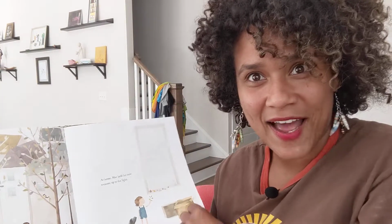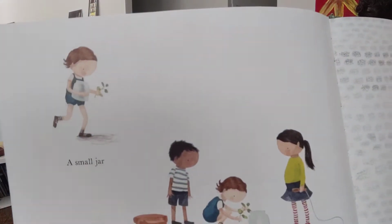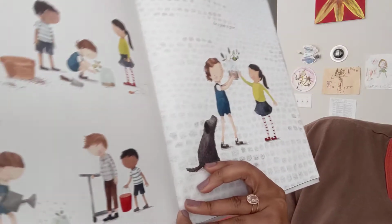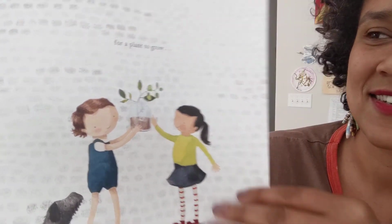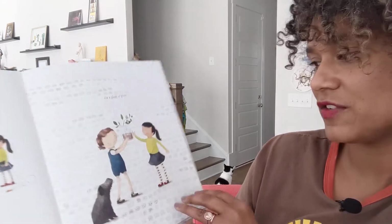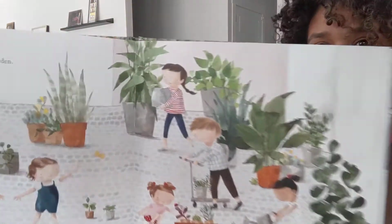What do you predict is going to happen? Just gonna plant it. A small jar with enough space for a plant to grow. Looks like she propagated the plant, right? She dug it up and then she found another home for it. Look at that. In May's garden,